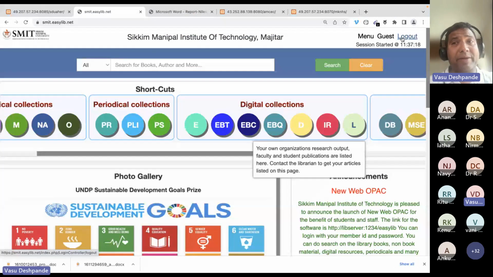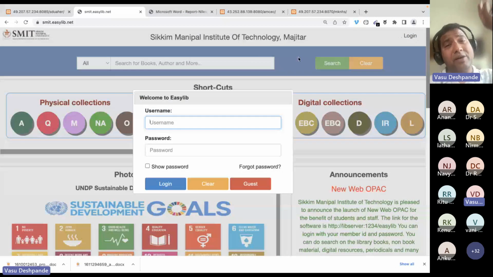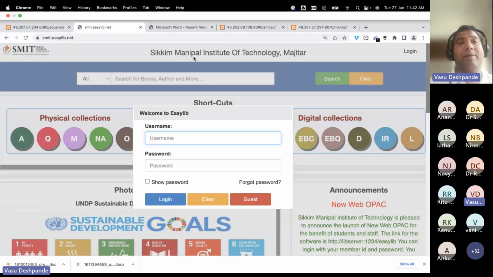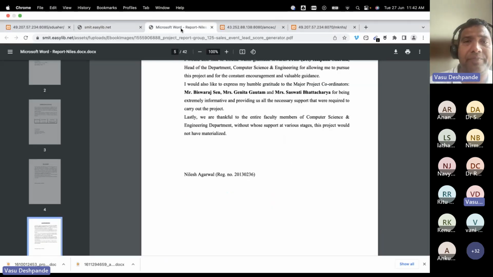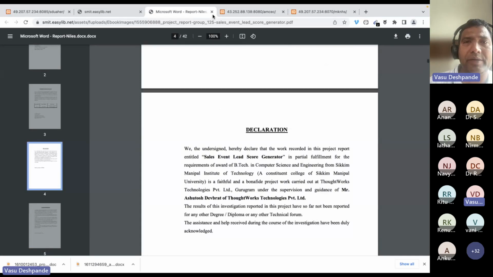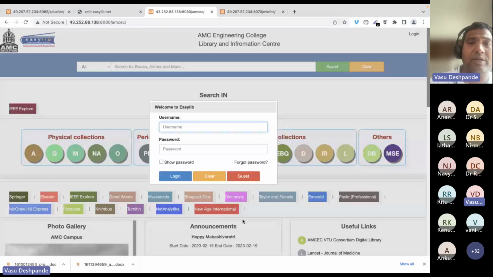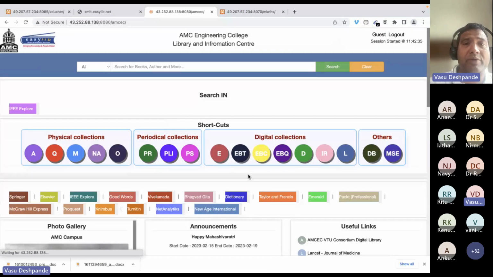SMIT, I logged out. By the way, SMIT will know that one as a guest from my IP address accessed the system, and they will also know what all materials were downloaded or accessed. When you become a customer, you will also have that same ability. Next, let me go to the AMC Engineering College, right in Bangalore itself, one of our